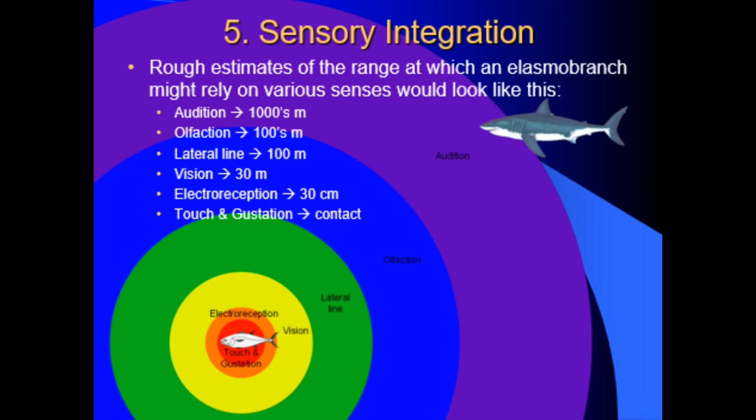So this is the type of hierarchy of those senses that a shark or skate or ray might go through, starting from very far apart and being able to hear things, to getting very, very close, starting to use your electroreception, or close enough to actually touch something, bite it, rub against it, in which case you'd use this other type of chemoreception and mechanoreception as well, in terms of the texture of something or how hard it is. So there's a lot of senses that are coming into sharks, skates, and rays. There's the requirement to be able to integrate those senses, and part of